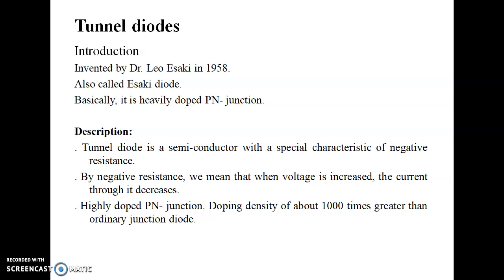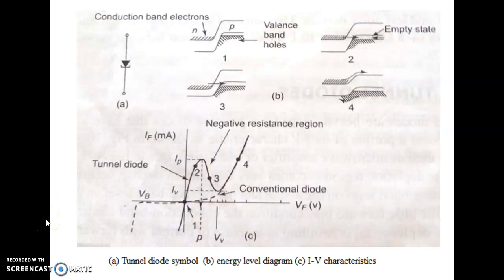To start understanding how a tunnel diode behaves, we should look at how it looks in terms of doping and energy band diagram. So to start with, let's consider two pieces of semiconductor. One is doped very heavily with p-type dopant and another one is doped very heavily with n-type dopant. If you look at the energy band diagram for this tunnel diode, this is the n side and this is the p side, and this is the bottom of the conduction band and this is the top of the valence band.